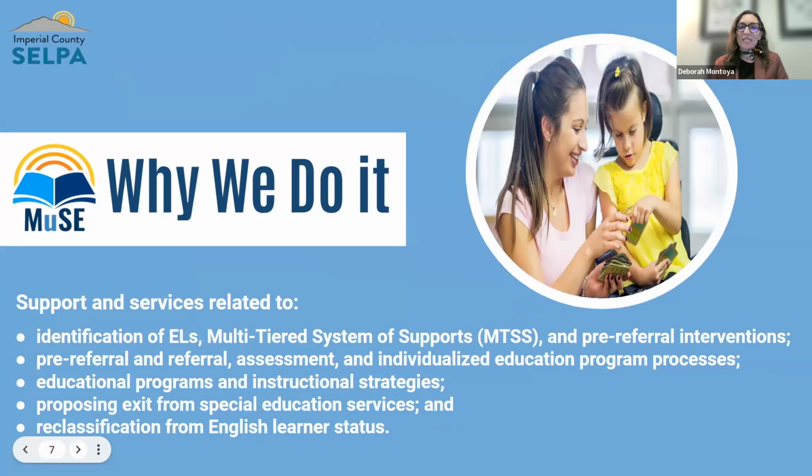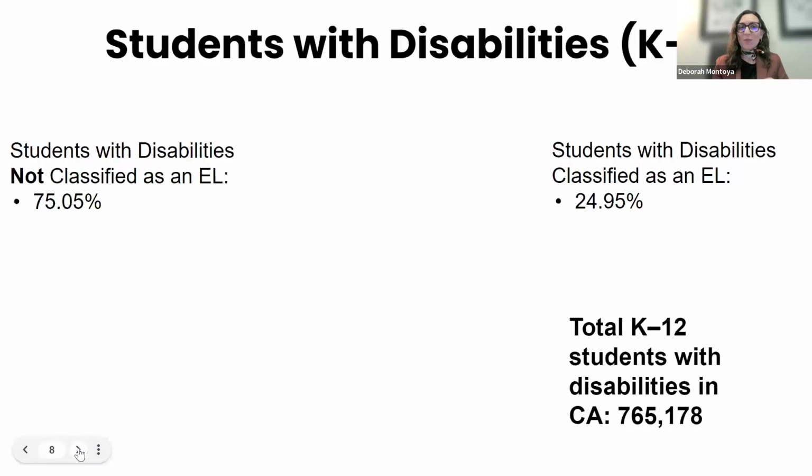We understand that identification of English learners throughout your multi-tiered system of support, identifying what your pre-referral and referral practices are, assessment, ensuring culturally and linguistically appropriate assessments for those English learners that do qualify for special education. How do we develop appropriate IEPs, educational programs, and instruction? And then reclassification. We know that's a hot topic in California as well, as we want to ensure best practices